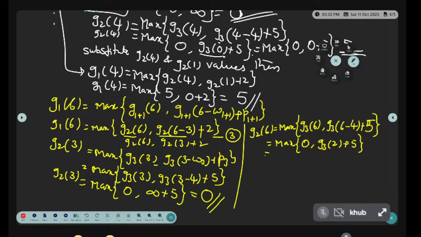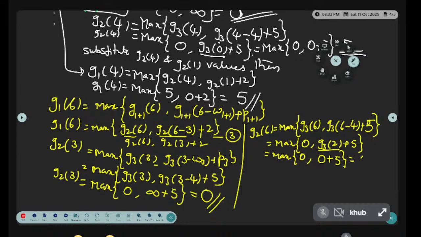Maximum of, what is G3 of 2 value? మనకు తెలియదు కదా, అప్పుడు ఏం చేయాలి? సేమ్ ఫార్ములా. G3 of 2 is equals to G3 plus 1 అంటే G4 of something. G4 ఉంటుందా? G4 ఉండదు. నెక్స్ట్ అప్లై చేస్తే G4 సంథింగ్ వస్తుంది. ఫ్రమ్ దట్ ఓన్లీ వీ కెన్ సే ఇట్ ఈస్ 0